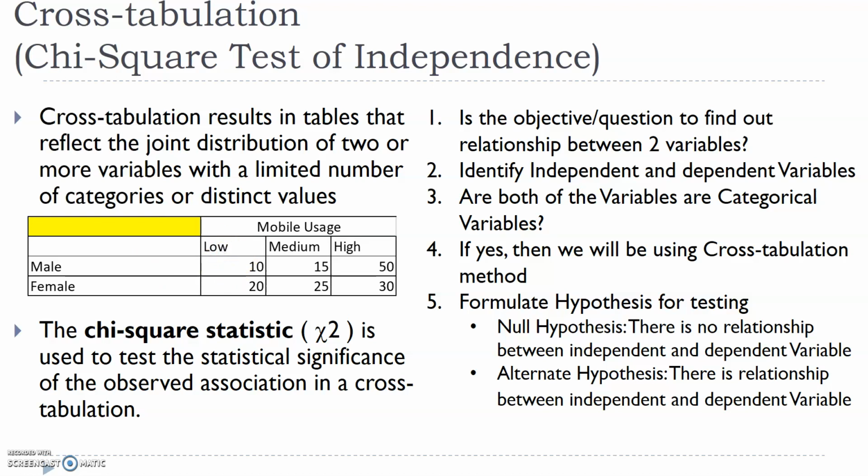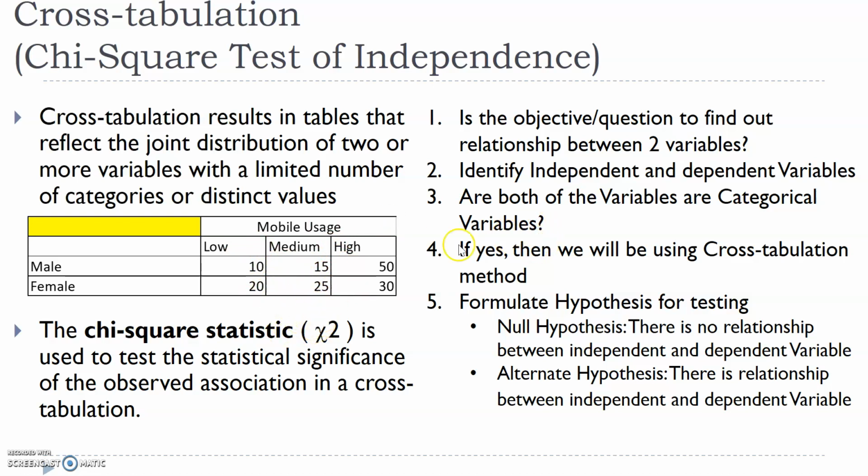In this particular question it has not been defined, but let's say low mobile usage is less than 4 hours, 4 to 6 hours may be medium, and greater than 6 hours is high mobile usage per day. So there are 10 respondents who answered that they use mobile low, maybe less than 4 hours. Always remember, whenever we are using a cross tabulation, these are all frequency data or count data.